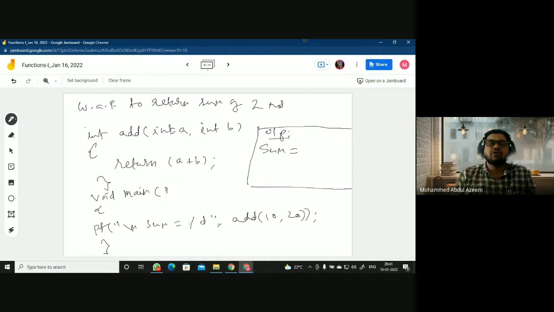But then you have an argument for the add function. So then what happens? The values are going to be passed first, right? So the values that you need to pass for the arguments are going to be passed first. This 10 is going to be passed for A, so you'll get the value 10 in A, and then 20 is going to be passed for B. So now what happens is